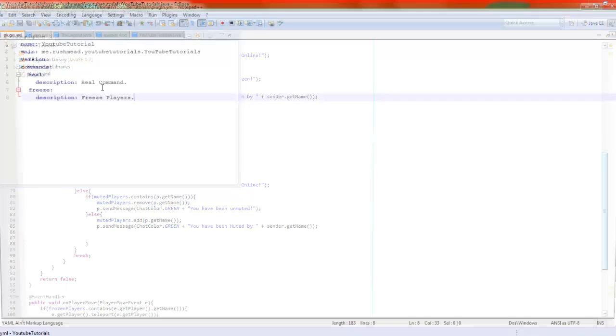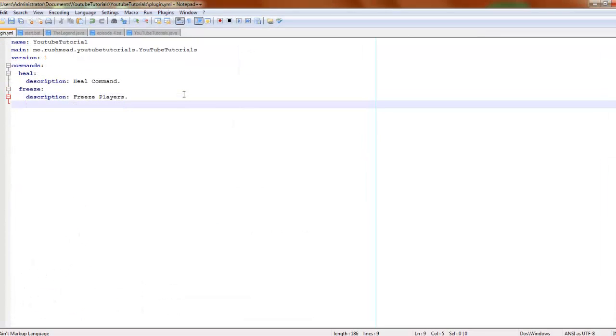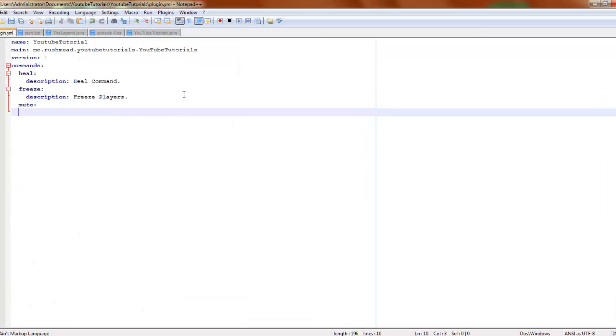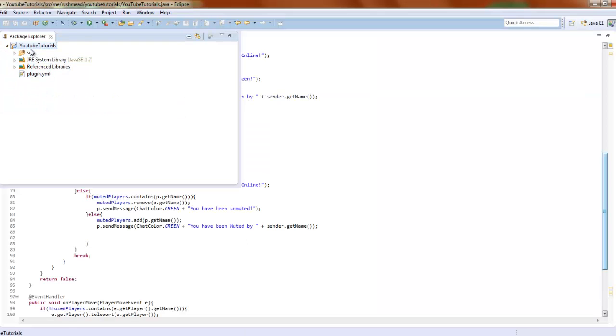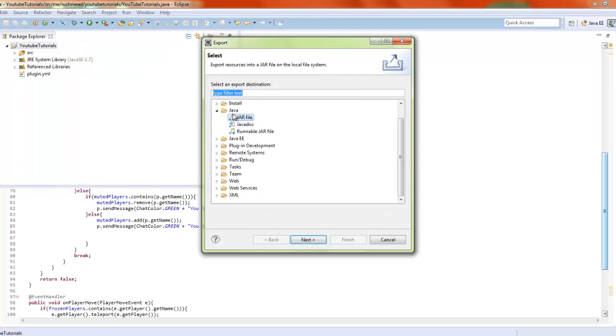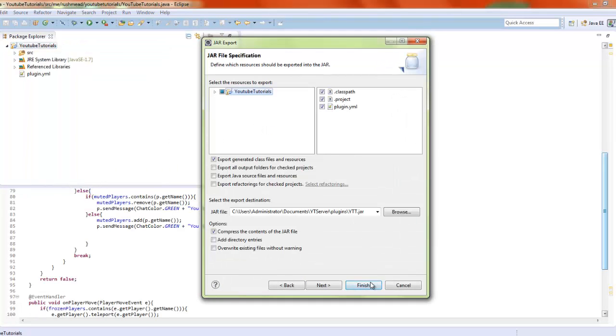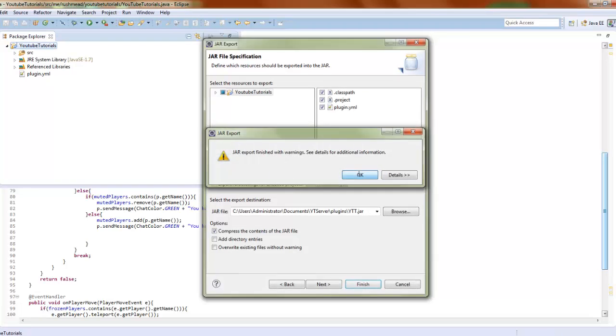Now we need to change the plugin.yml file, and that's as simple as adding a new command. So mute, description, mute players. Oh, there we go. And then we just come back in here, refresh, and then I can export it. So I'm just going to export this, guys, and then I will be back with the server running, Minecraft running,